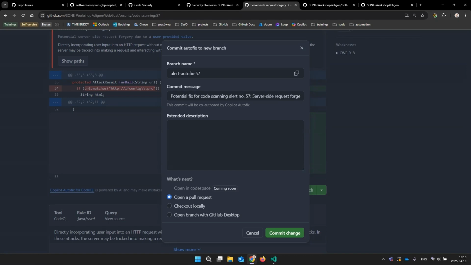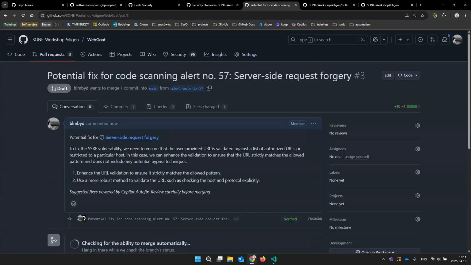We can name the branch automatically. We can add some extra description, but we want to just commit the change. And it's creating a nice commit, nice pull request. So we have a description,